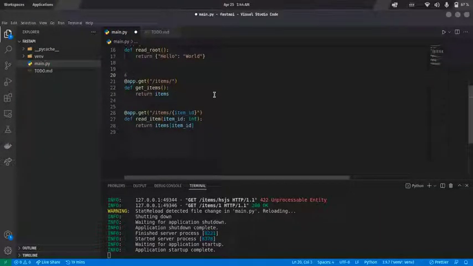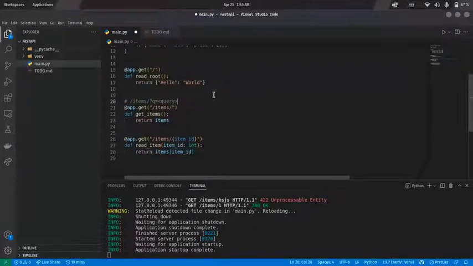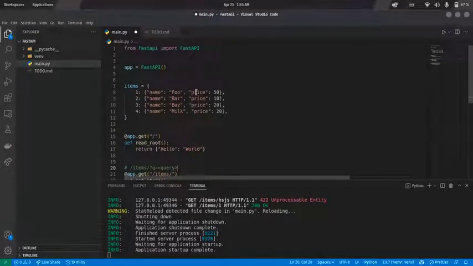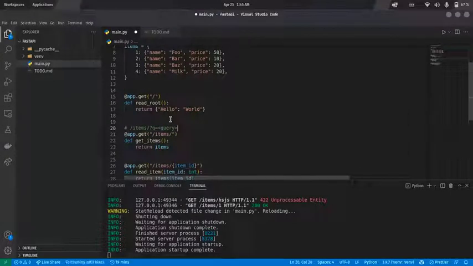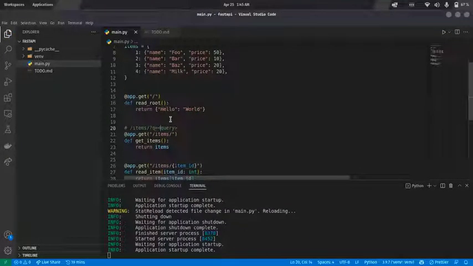Here we're going to use slash items, then slash here like this, and we're going to say something like q equals then whatever query you want to give it. Let's say you want to search by the name, and stuff like that. Let's say you want something like minimum price is 26